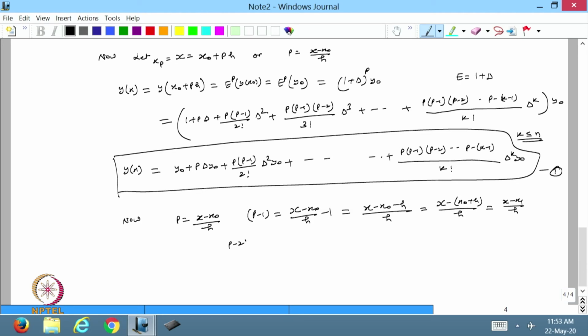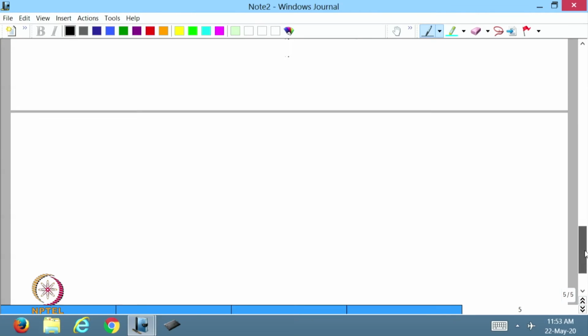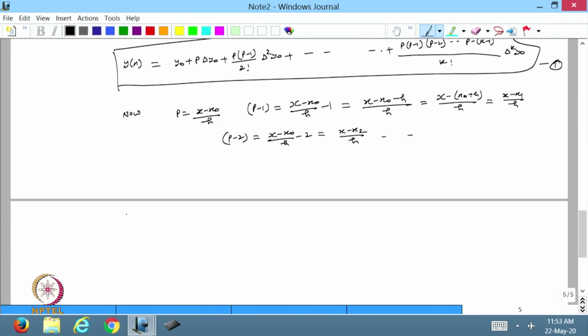Similarly, I can define p minus 2. So, you can see that it will be (x minus x naught) by h minus 2, and this will be (x minus x 2) by h, and so on. So, this way we can write all the terms in terms of x, and from here, my equation number 1,